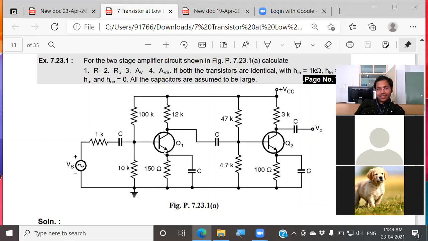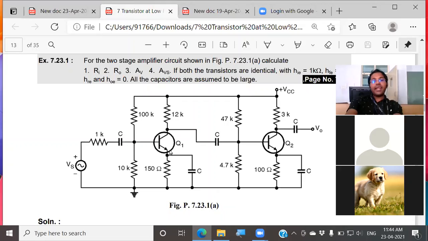So we have discussed this one short, which means a direct connection between emitter and ground. This one short again, same. The emitter is directly grounded, right? Emitter is grounded means the transistors are in which configuration? Both transistors are in common emitter. Whichever terminal is ground, ground means common. For input also you are taking ground, output also you are taking ground. So ground is the common terminal. Emitter grounded means both the transistors are in common emitter configuration.